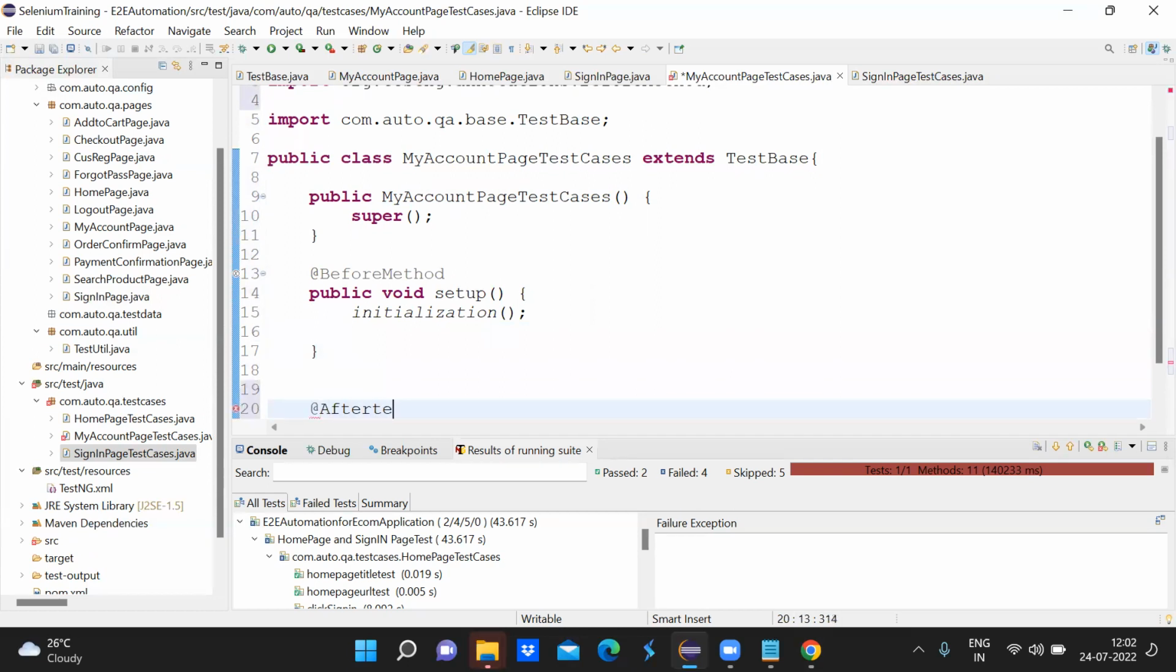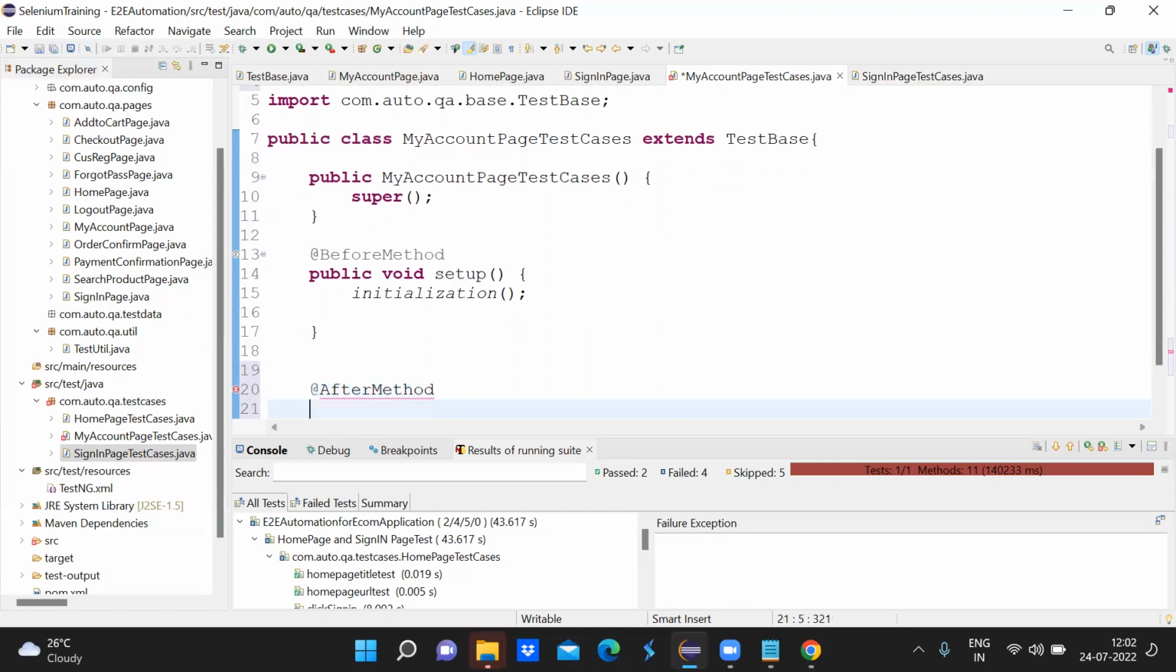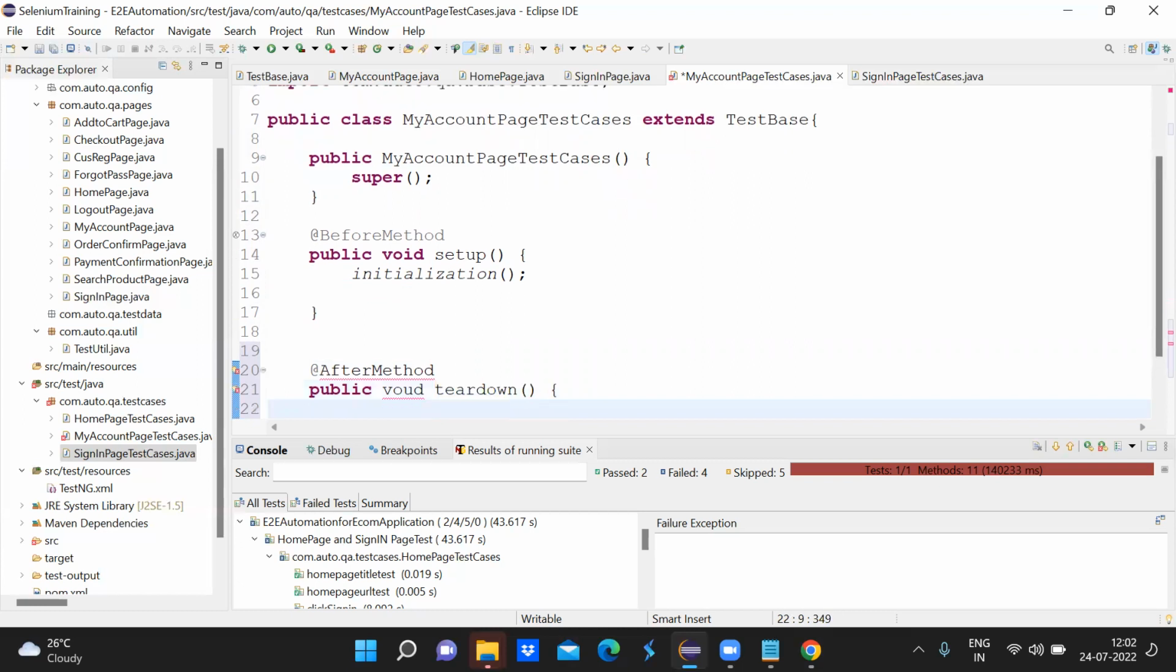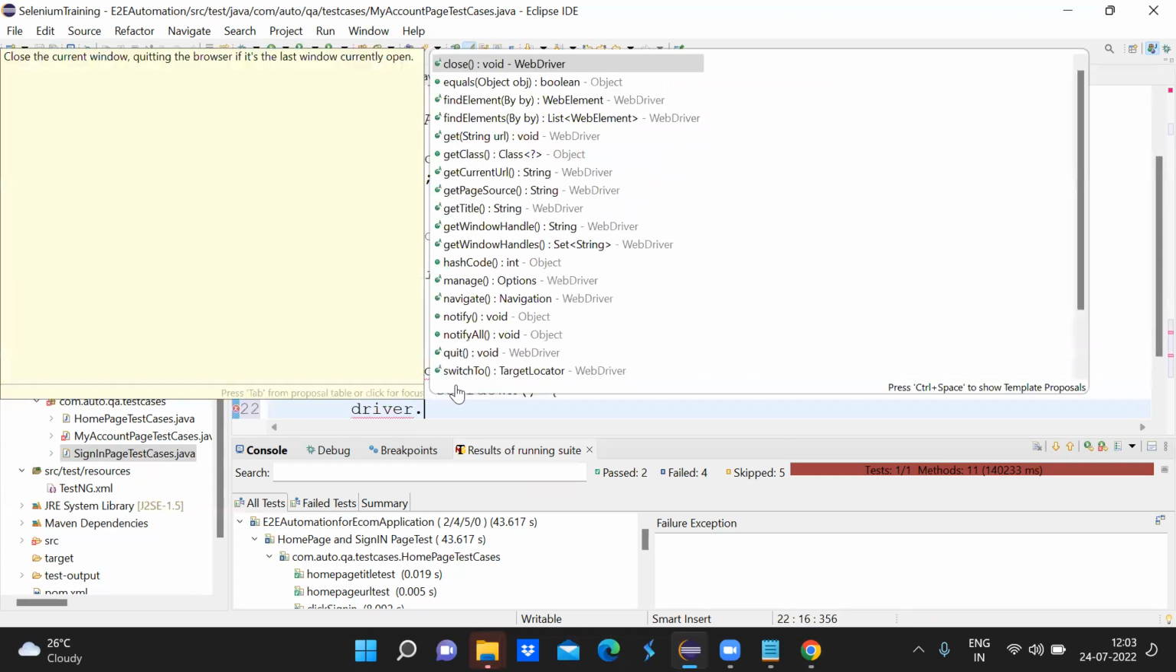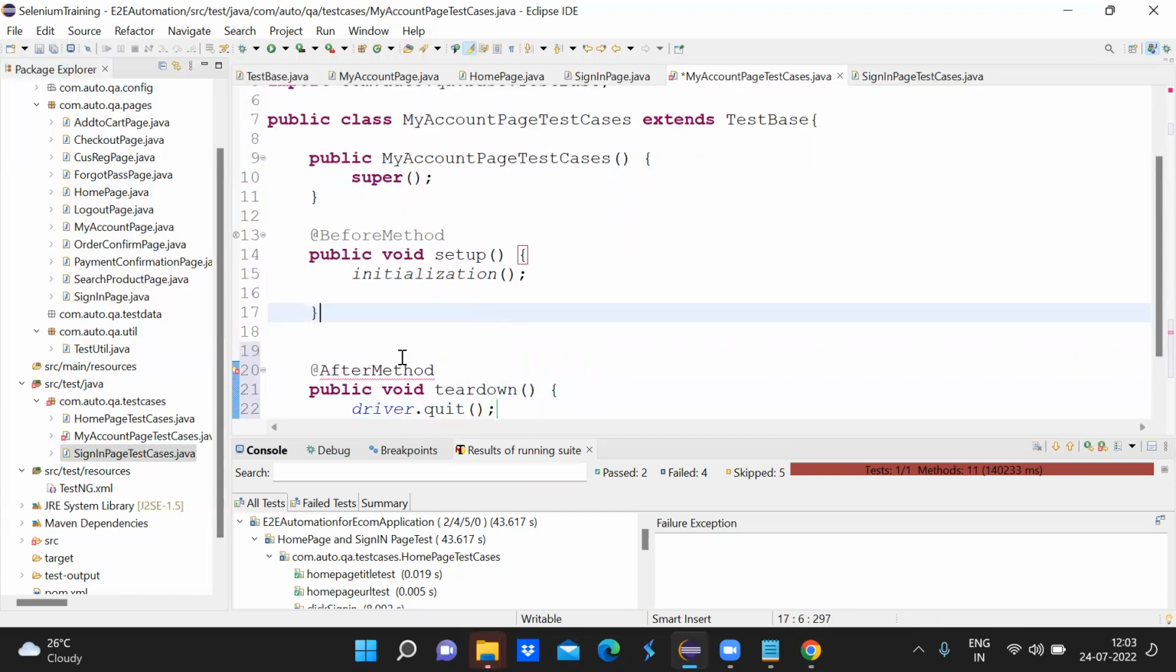Okay, let me create the after method first, and then we will be moving on to this setup. Public void tear down, and here driver dot quit,